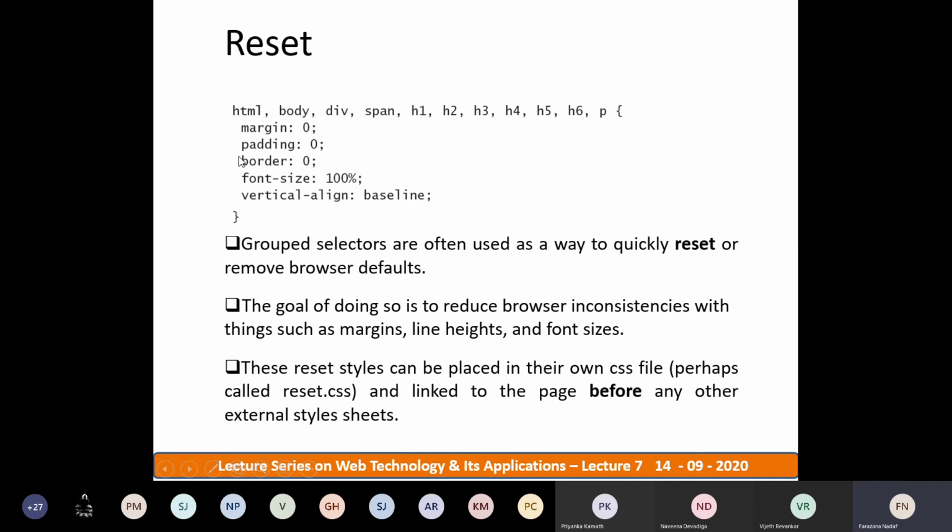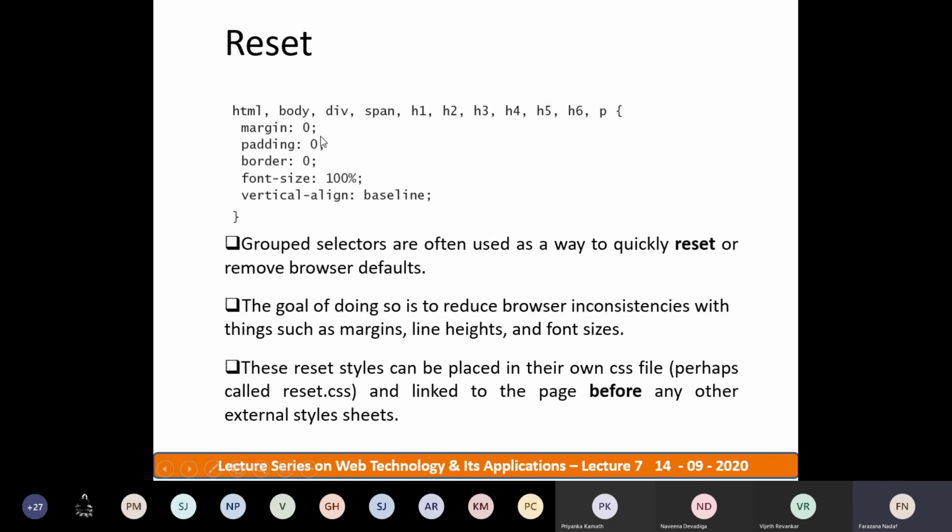So here the HTML elements are HTML, body, division tag, span tag, H1, H2, H3, H4, H5, H6 and paragraph tag.